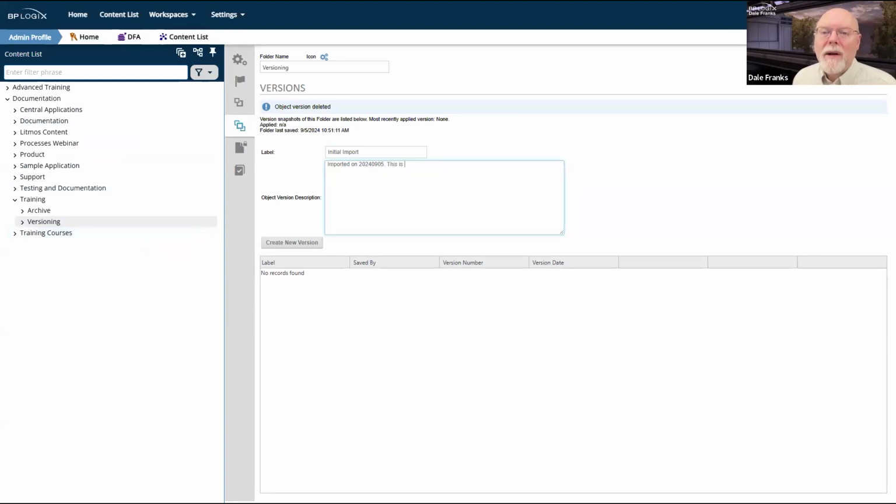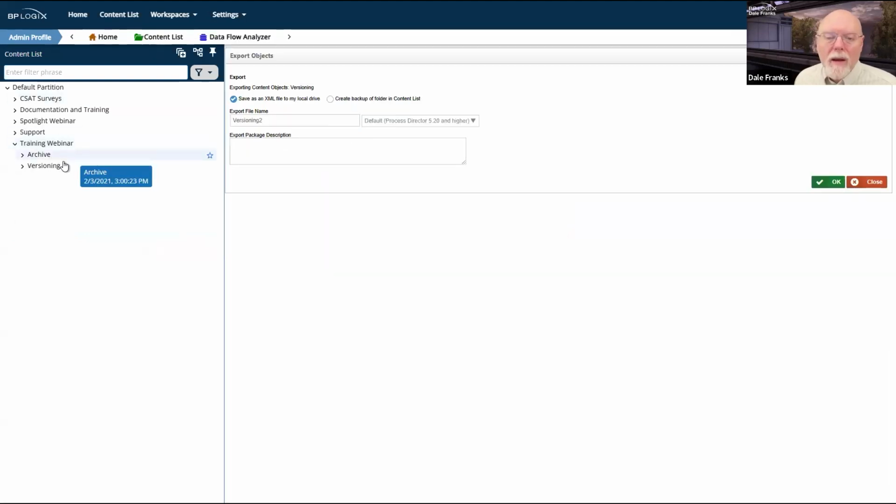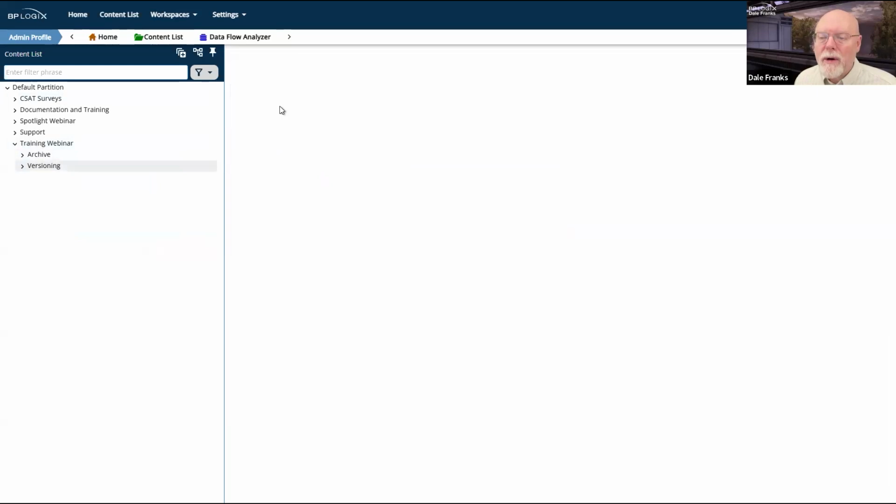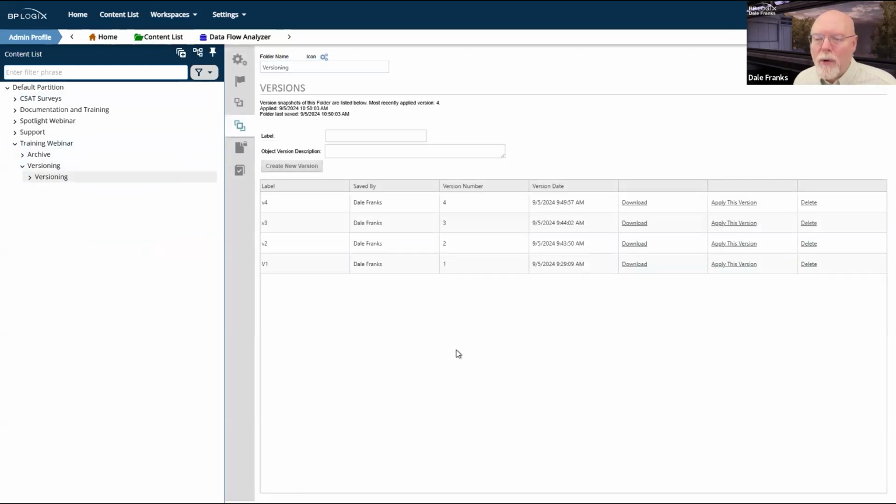Let's click on dev and see what its version number is. So let me go back to versioning. Let me go into this versioning folder. Let me go to the versions tab of this folder and its properties. Okay, V4.